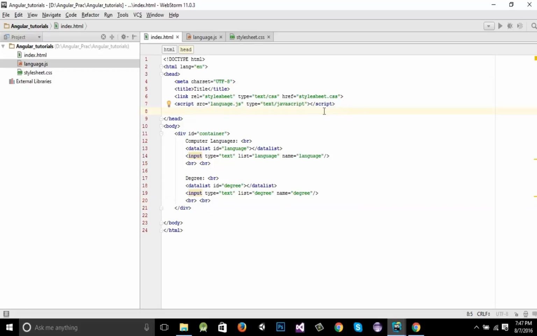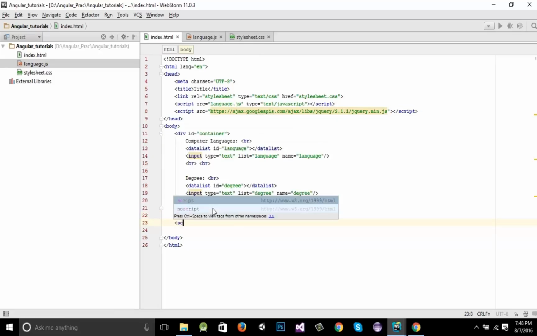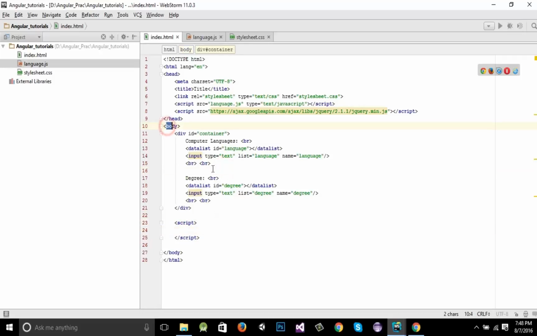You can also download the jQuery file and add a reference to it, but I'm going to add a reference to an online CDN script. Okay, you can just write it as it is. Now, in order to write the jQuery code, we need to add a script tag inside the body tag. It is always recommended that you write the script code under this